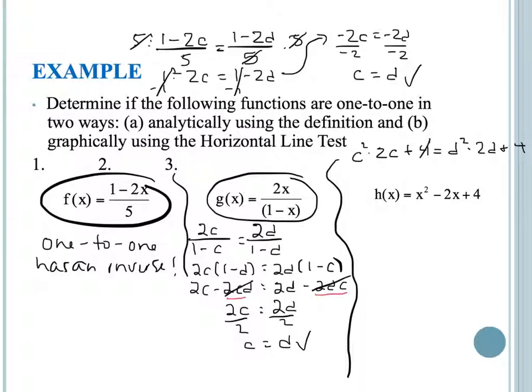Well, the 4's I can cancel because they're on both sides. And now if I bring over c squared minus 2c minus d squared minus 2d equals 0, I have 4 terms here